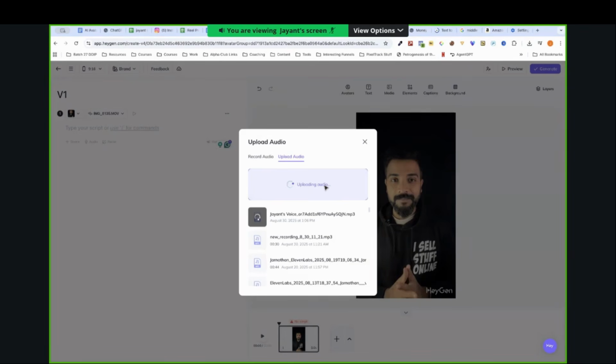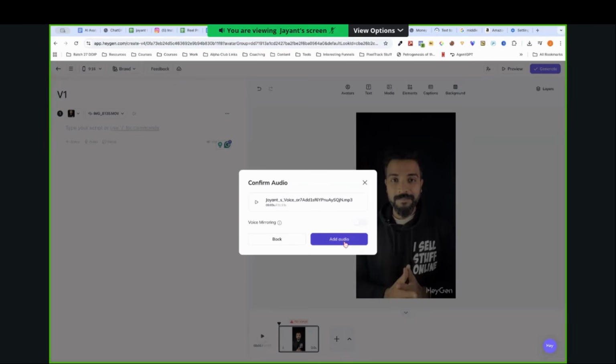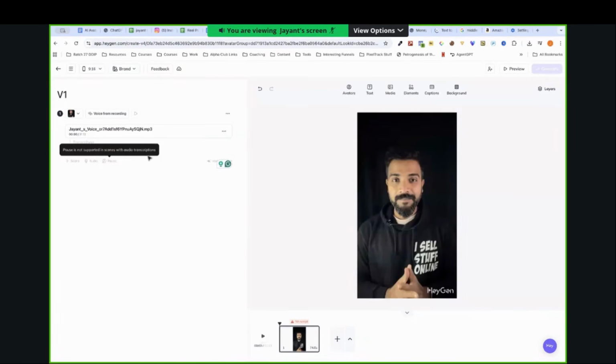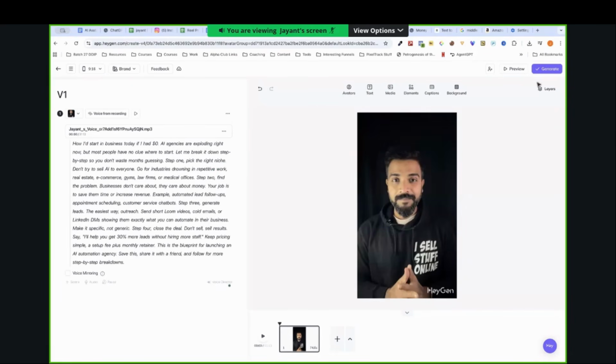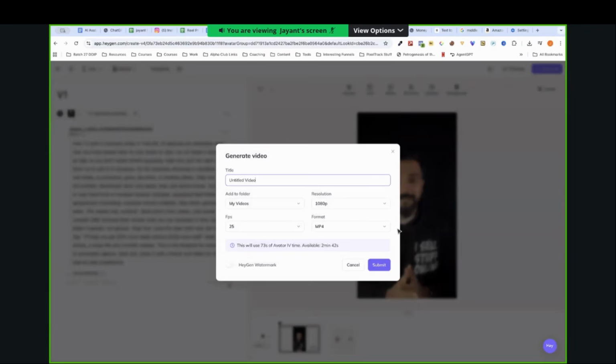After this, I'll show you an end-to-end workflow. Then add audio. Okay, it takes like a minute. There you go. Then hit generate, call it something, and